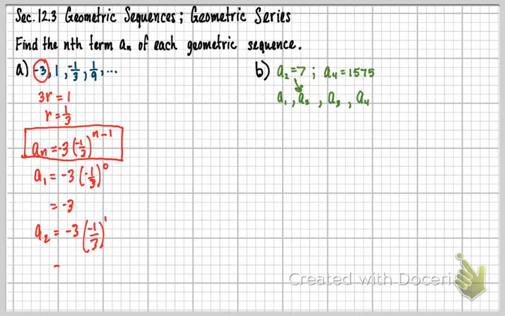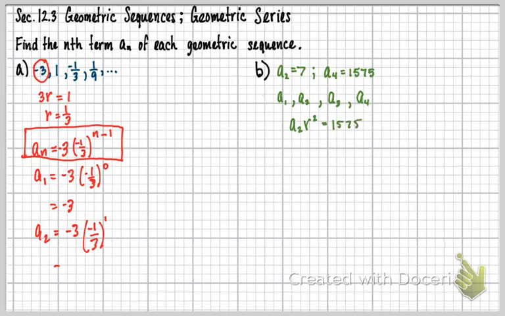So think about what I'm doing here. This is geometric. So that means whatever I do to get A3, I'm going to have to multiply it by an R. And then to get the next one after that, I'm going to have to multiply it by another R. So that means I'm going to have to multiply A2 by R squared to get A4. So that's the idea here. So what I'm going to do then, when I think about that idea, is really I have an A2 times R squared, and that's going to equal